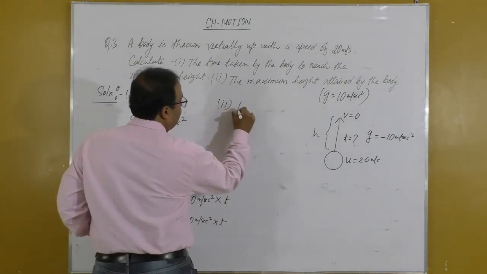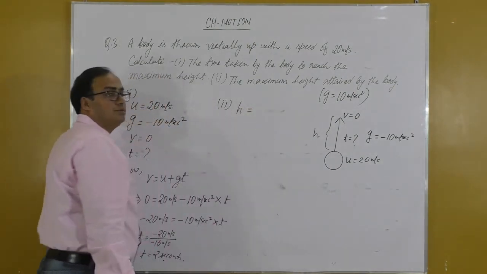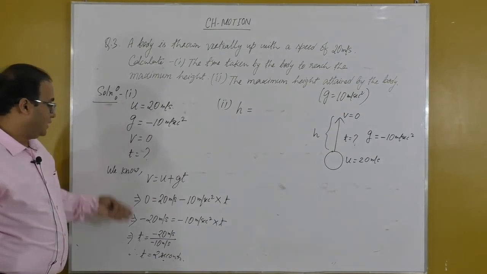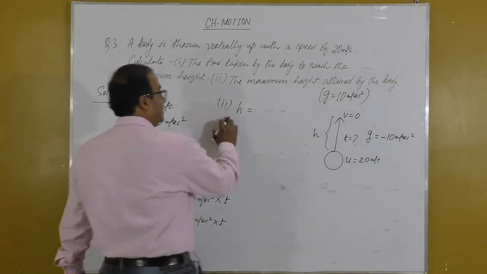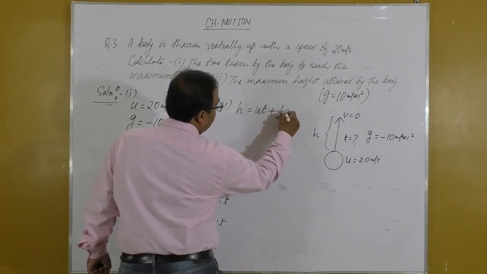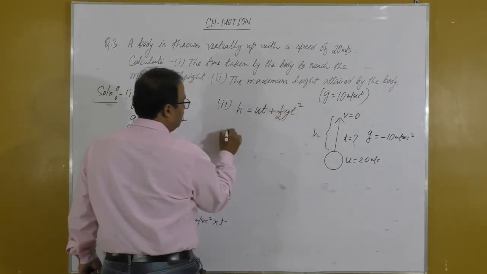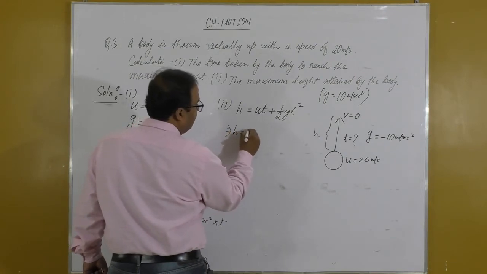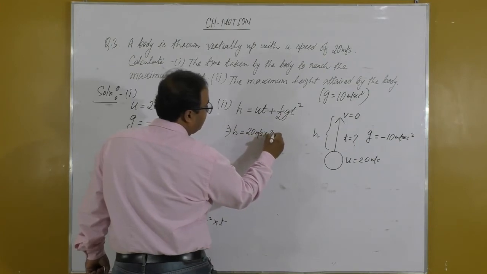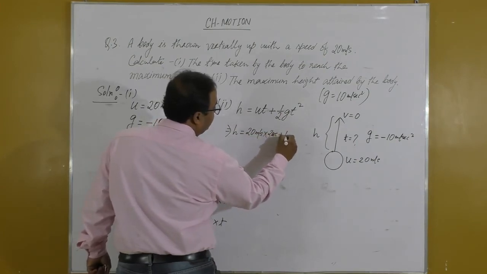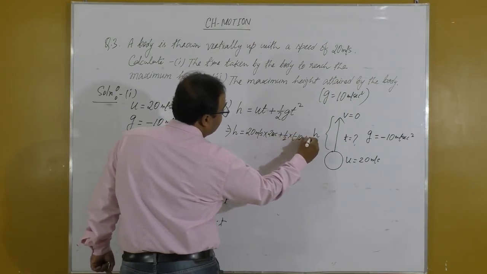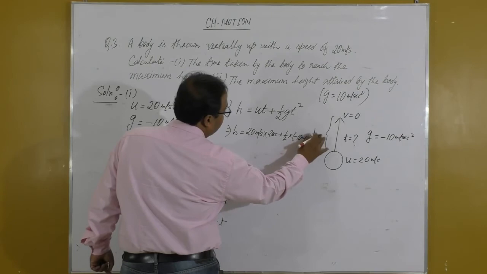Now for height calculation, if you know u, g and t, which we already know, we can write down the equation h equals ut plus half gt square. So h equals u, which is 20 meter per second, times time 2 seconds, plus half into g, which is -10 meter per second square, into